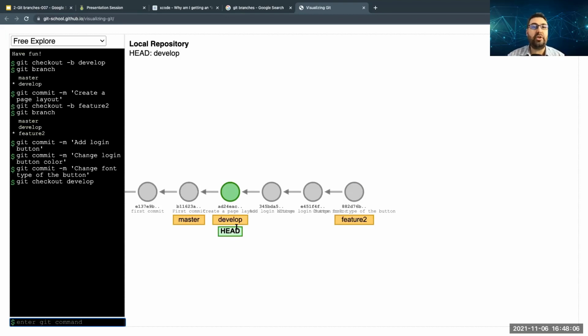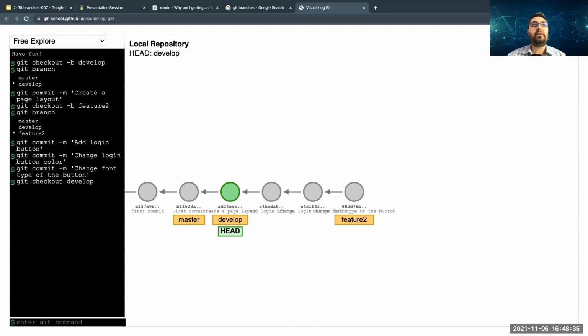Let's make some changes. Until now, I'm just creating branches, using git checkout -b with the branch name, and committing the changes you made. In the next lesson, I will summarize this once again. But please watch the recordings before you come to class, and the pre-class materials are also very important.